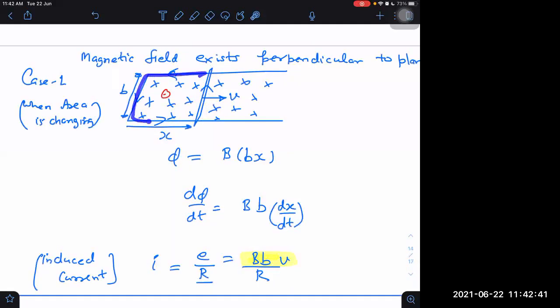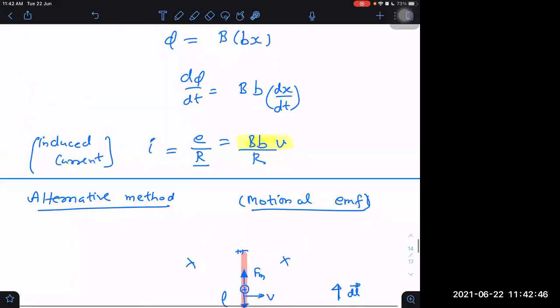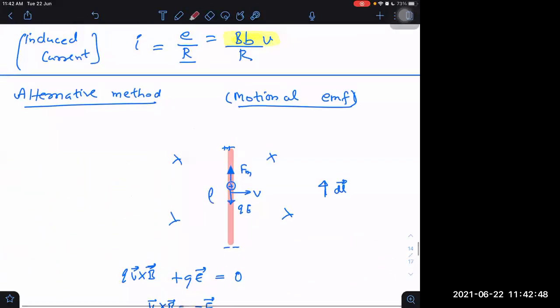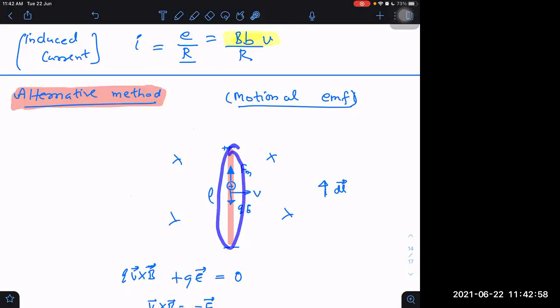But in this loop, in which part is EMF induced? It is induced in this moving rod. How do we know that? By the alternative method, we are able to tell that. When we did it by the alternative method, we could tell that out of the total contribution, the EMF for the closed loop was mainly coming from the moving rod, because in the moving rod there is a tendency of the charges to go to one side, positive charge to one side and negative charge to the other side, and because of that tendency only, it acts like a battery.